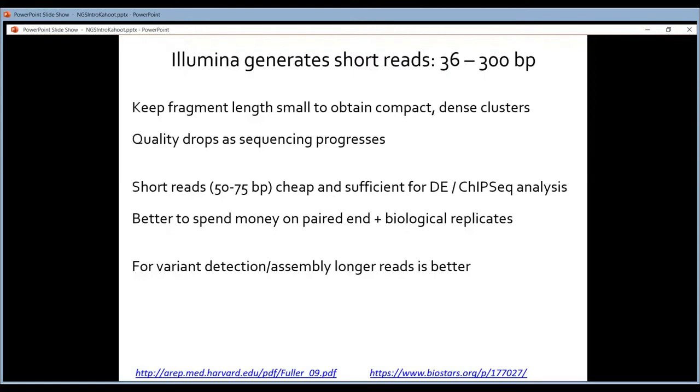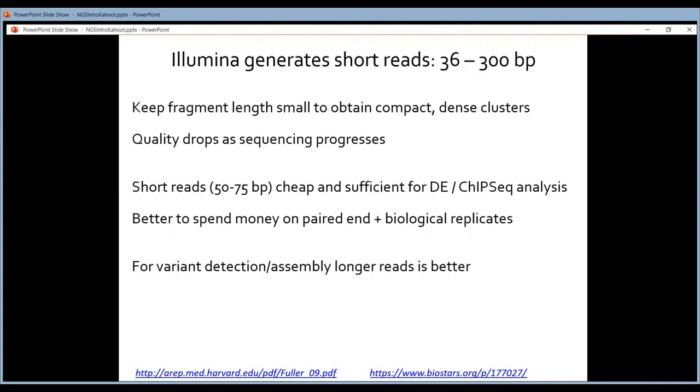The only applications for which it's really a good idea to have long reads is when you want to look at variations. If you want to look at large deletions or large insertions, large mutations, you need long reads. You will not find them with Illumina.